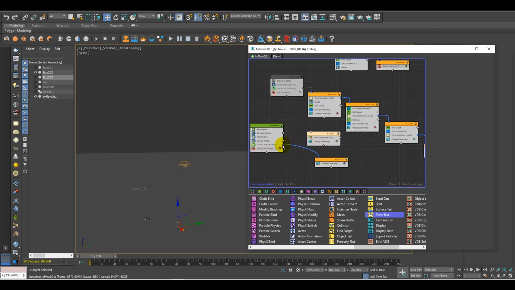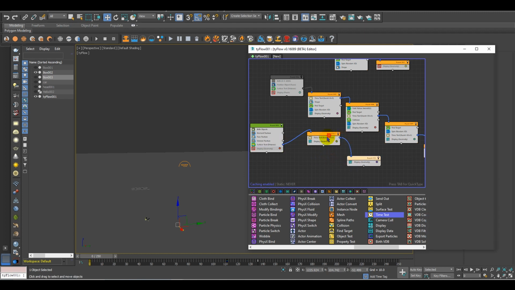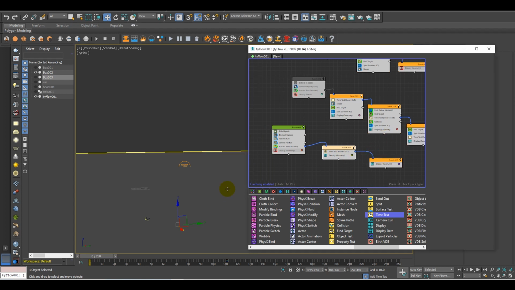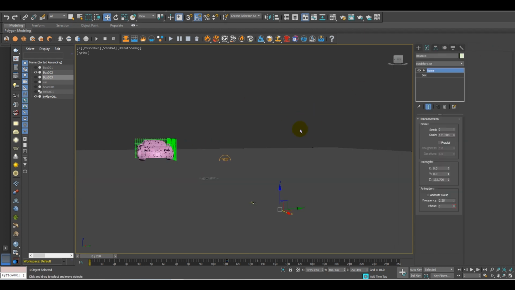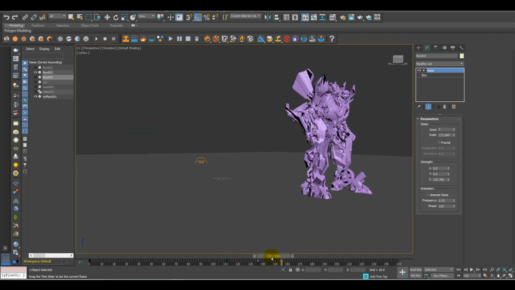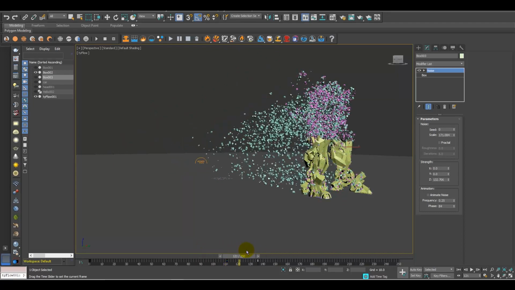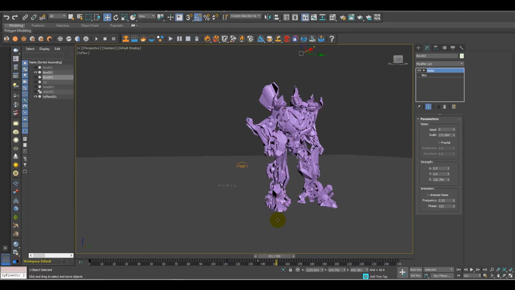Delete the connection. So here we have the effect.